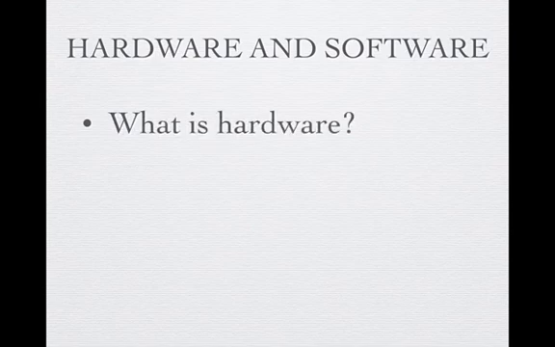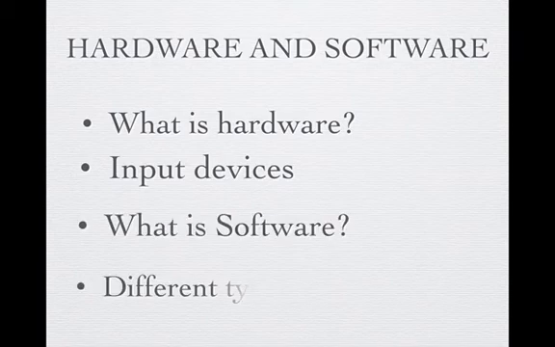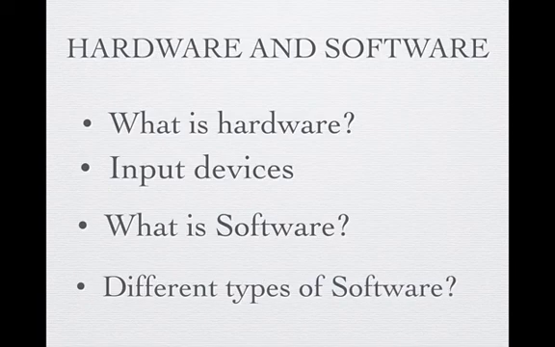We have already started with Chapter 2. In that, we have done what is hardware, what are the input devices, what are the output devices, and storage devices. Today, we will do a little revision of the topics that we have already done, and one more topic, that is what is software and different types of software. We are also going to do the exercise of page number 18, question D, E, F. I hope that you will be ready with your textbook and pencil box. Okay, let's start with the slight revision that we did last week.